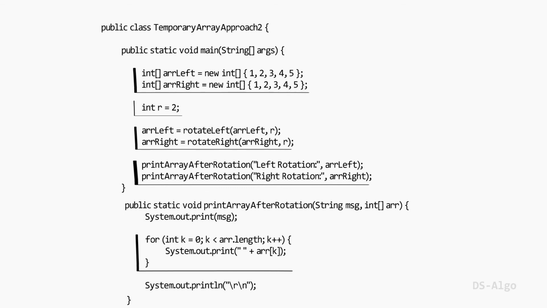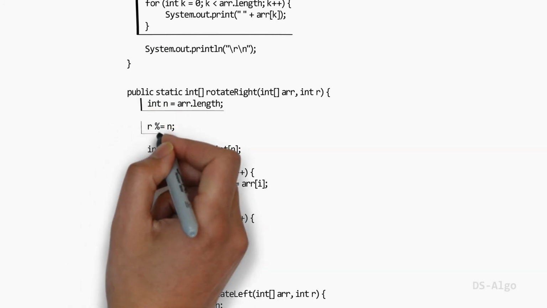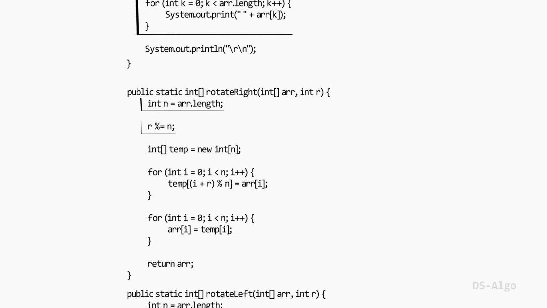Now let's look at the actual implementation for right rotation. Initialize the n variable with the given array size. This is used to handle if the rotation count is greater than or equal to the array length, such that it speeds up the rotation. Declare the temporary array of size n. This for loop stores the element of the given array in a temporary array for each index I using this formula. This for loop stores back the element of the auxiliary array in a given array.